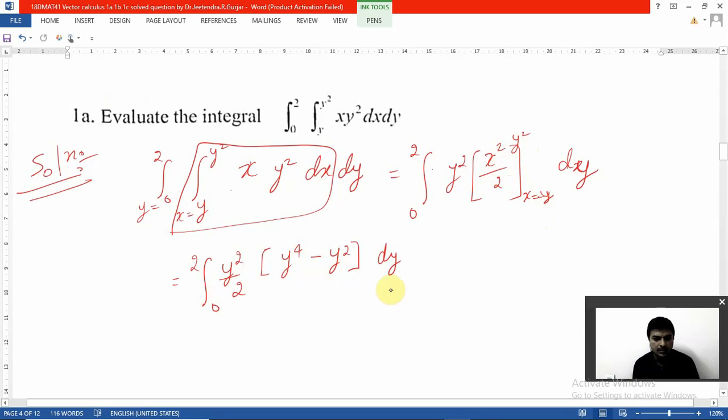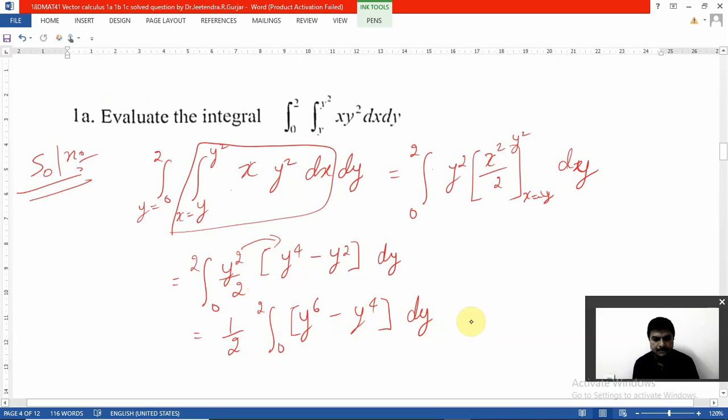Okay, so now take 1 upon 2 outside, so this will give you 1 upon 2 outside. Now multiply this y square inside this bracket: integration 0 to 2, y raised to 6 minus y raised to 4 dy. So here we see very simple integration, y raised to 6 minus y raised to 4 dy, we get,